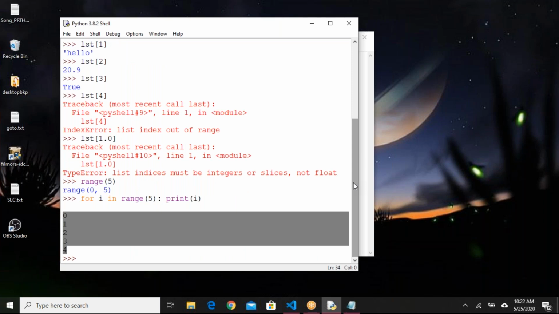So any questions on this part to anyone? We just read the data using different indexes. Creating a list we have seen, and how to access a list using the indexes. Two things we have seen. Anybody has any questions on this part?